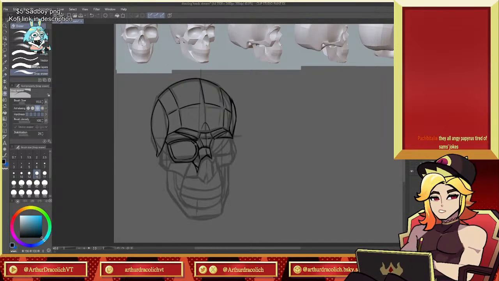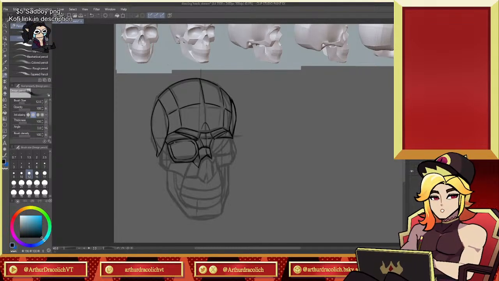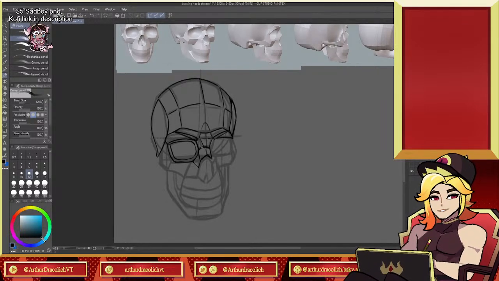It looks like I also accidentally made it angry by having the line there a little bit too far to the left. Because now that I'm softening it up, it looks much happier. So let's try and focus on that. Fix. See, this is why you look at your work carefully and purposefully. Tired of Sims jokes. It's true. I mean, I would be too,